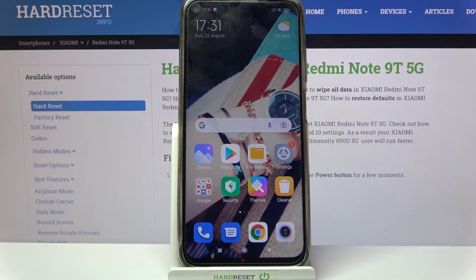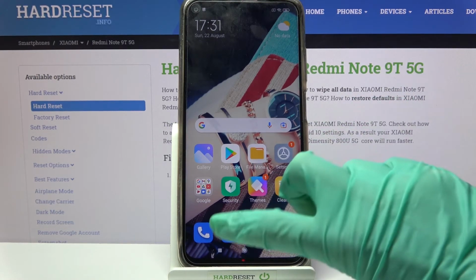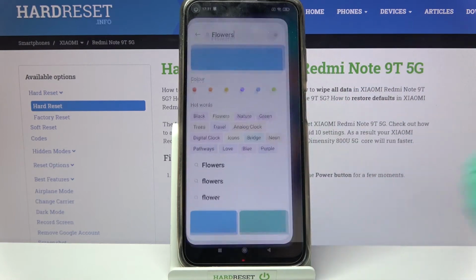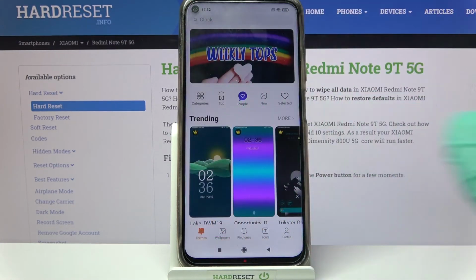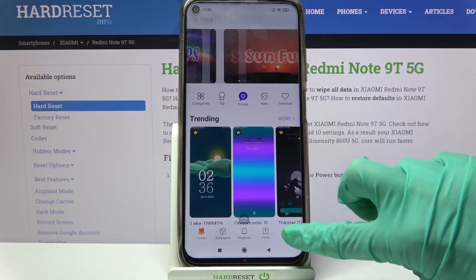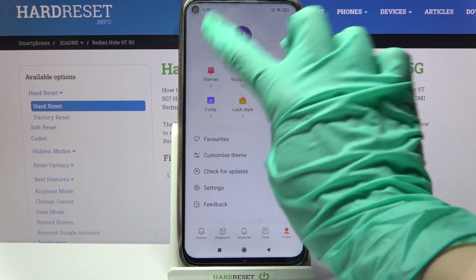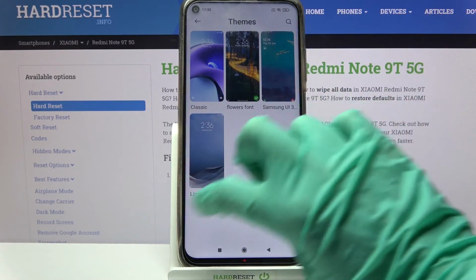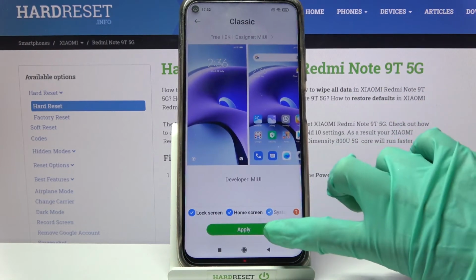As you can see, theme of my device has changed. But if you wish to go back into the default one, you can always go back. Go into themes again, but this time choose profile at the bottom right corner, select themes and tap on one of the default ones, like that one. Then select apply